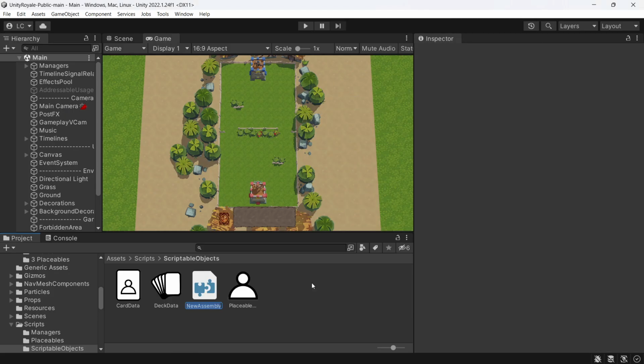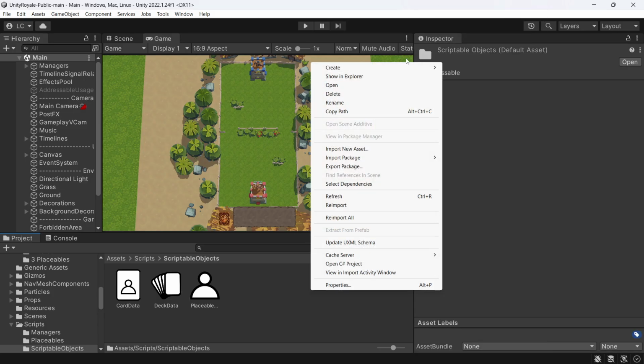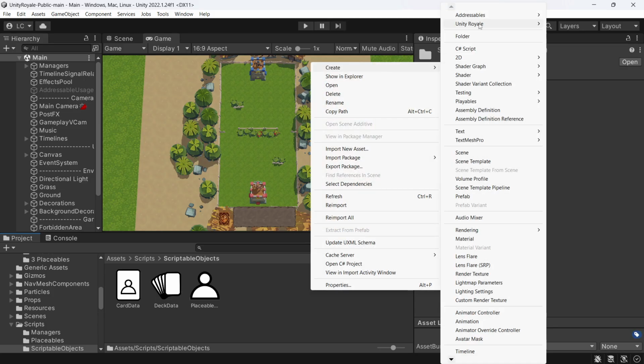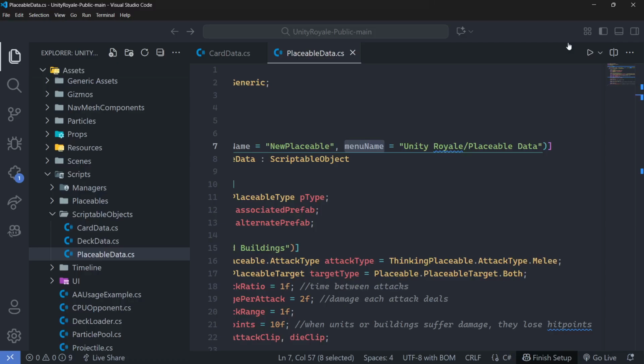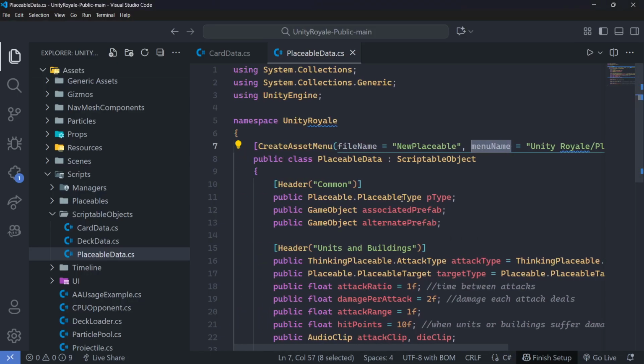Let's check where this is. It's basically here at the very top, Unity Royal, and here we have placeable data. And this file name is the default file name. We have the public class as usual, but here it doesn't inherit from MonoBehaviour, it inherits from ScriptableObject, okay? So this is the equivalent of extending Resource,